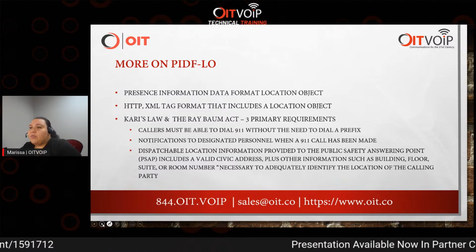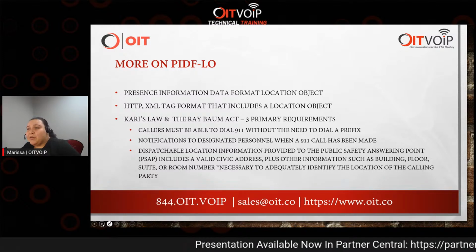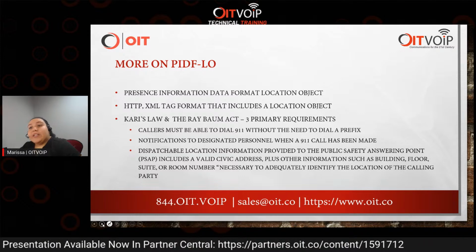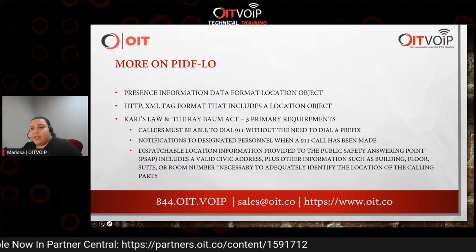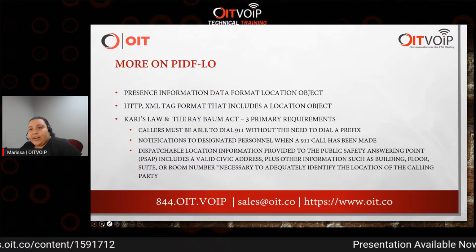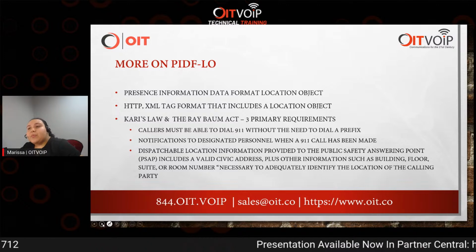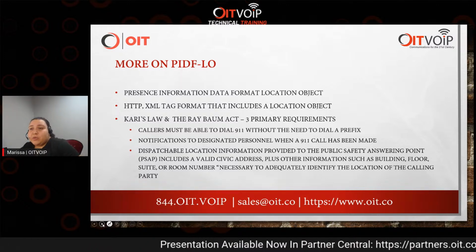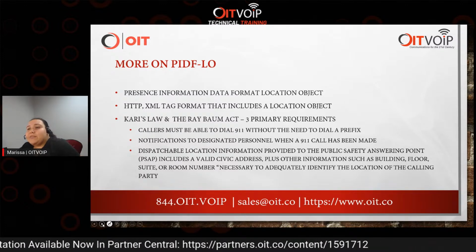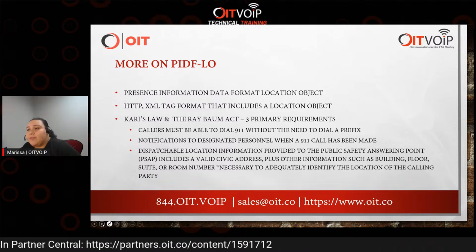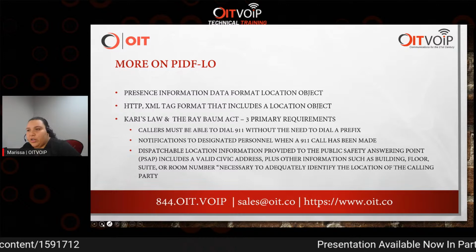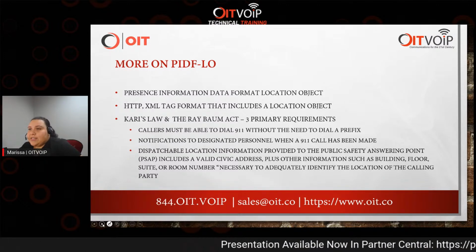The other requirement is that notifications to designated personnel when a 911 call has been made should also be configured. So when someone calls 911, you should have the ability to notify someone that a 911 call has been made in the building. And the third one, which is the most important and relevant to this particular feature, is that dispatchable location information must provide information necessary to adequately identify the location of the calling party. What that means is that